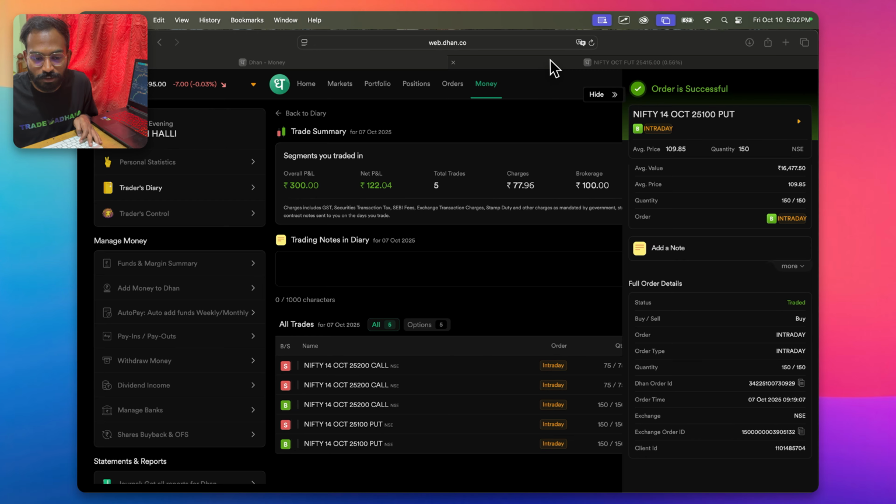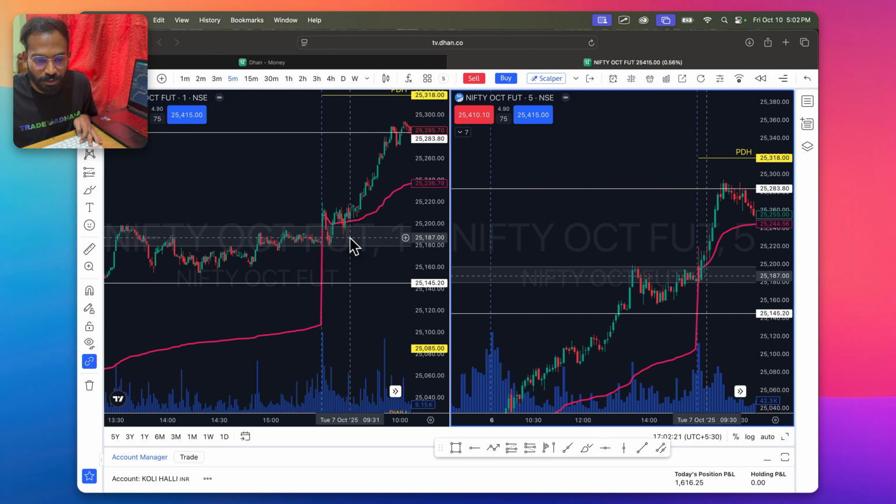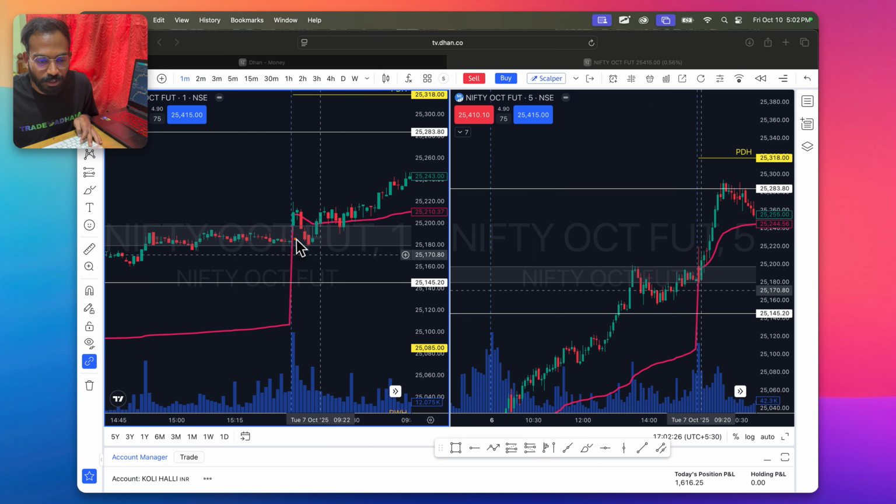So going back to this, 919 was my first entry, right on this red candle. Here, as soon as it broke out of the first 1 minute candle, I thought that it might not sustain, and it was below the previous day high. Again, this is 1 minute, this is 5 minute, both the same chart but at a different time frame. So I entered for a put